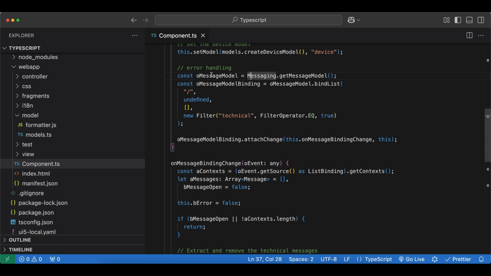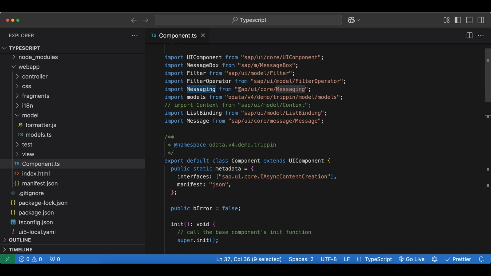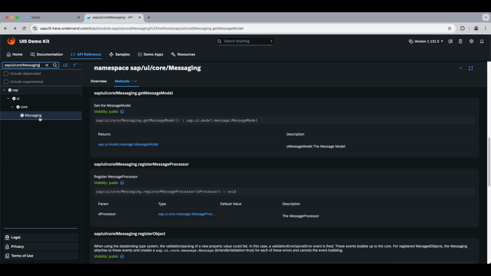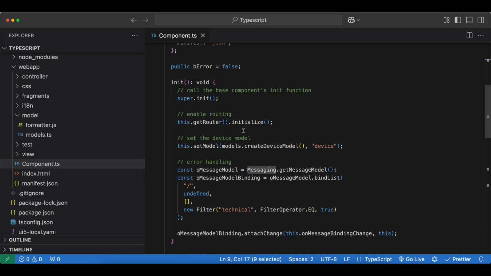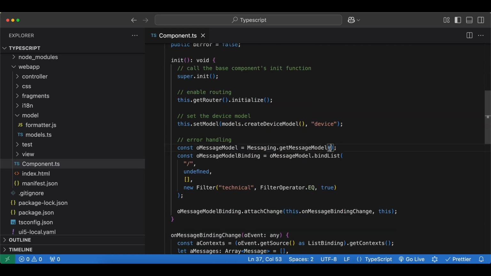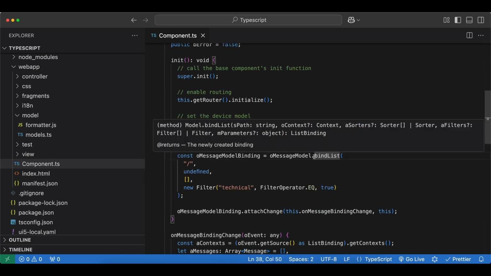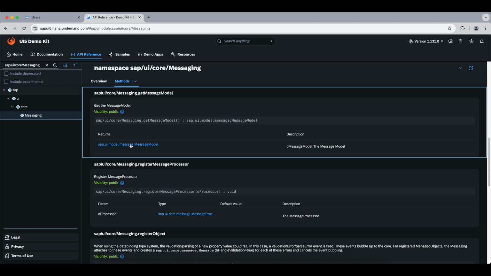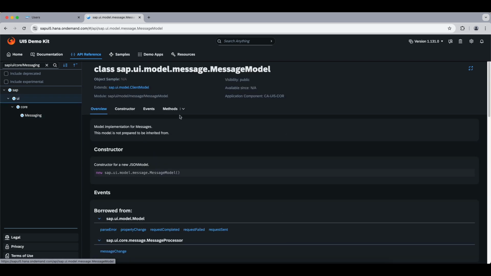beginning. So we first get our message model from the messaging service. So let's first copy that and search for it in the API reference. And here is messaging, and we are getting the message model. Let's see, right here. And then we are creating a list binding. So let's do that. And if we search for get message model right here, it's returning this, and we are